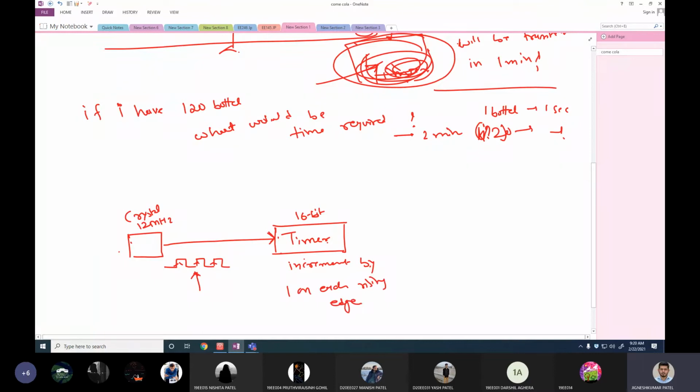Okay, that's the first one. Now I'm going to count the number of pulses that I can see. From here to here is my one pulse. This is my second pulse. This is my third pulse. Even though I'm counting the rising edge only, if this is periodic, whenever I represent it in terms of frequency, it's periodic. Obviously, it's periodic. So in that case, I can represent it in the form of pulses also. So I can say here I have received 3 pulses.